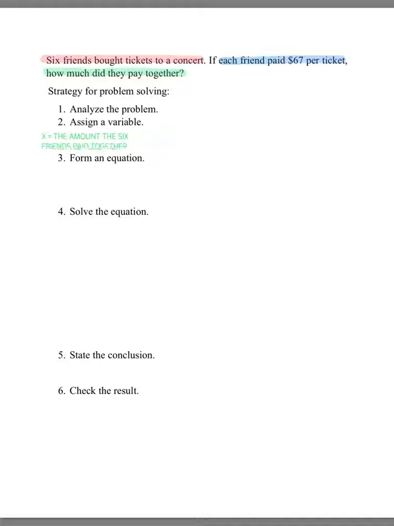So there we go. For step 2, we wanted to assign the variable. The variable that we're using is going to be x, and it is going to represent the amount the 6 friends paid together. Again, that came directly from the question, and is ideally the question reworded in the form of a statement. And so now the next step is step 3, in which we want to form an equation. Before actually forming the equation, let's talk a little bit about how much it would cost to pay for one ticket. So the cost of one ticket